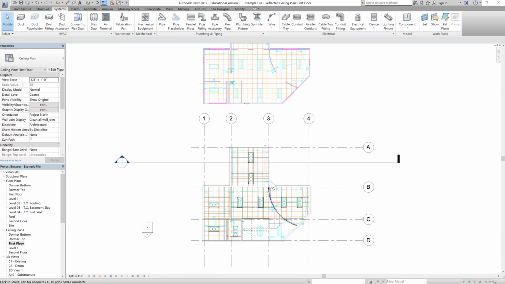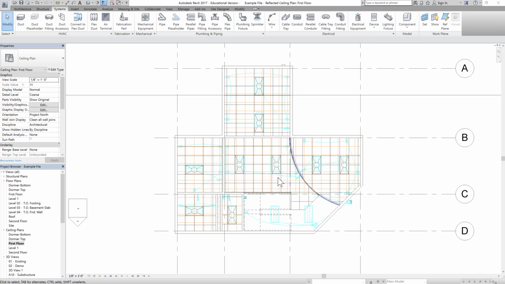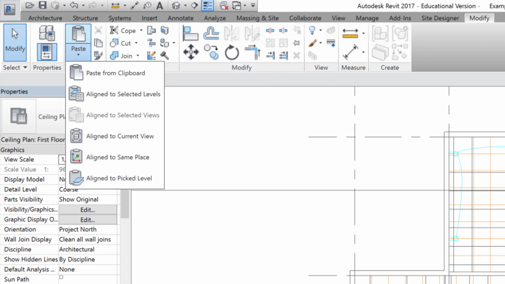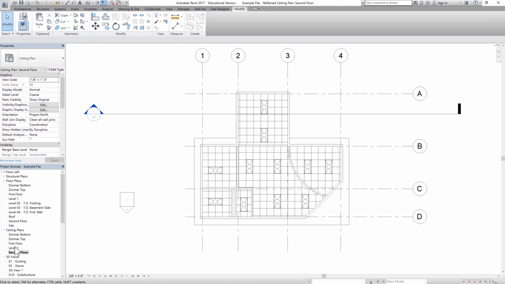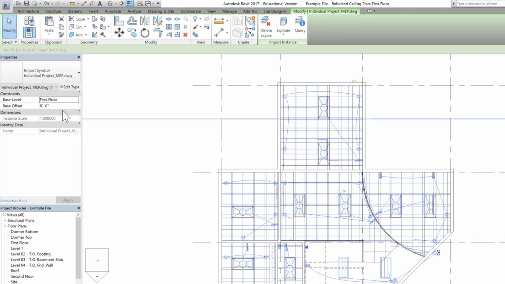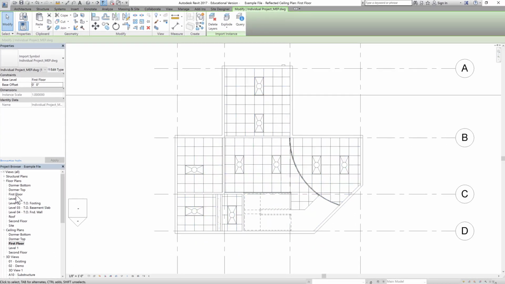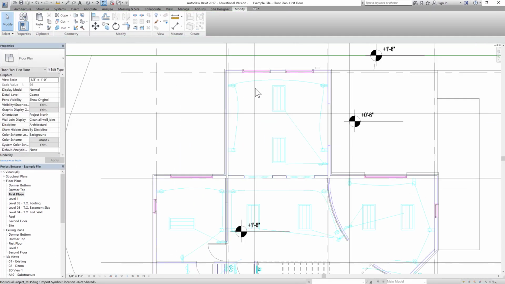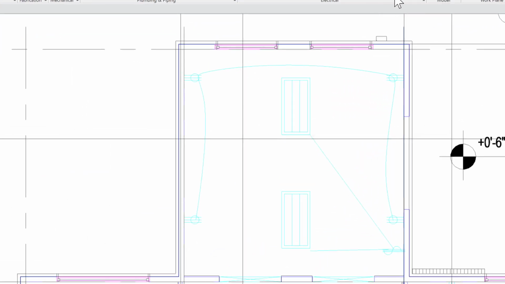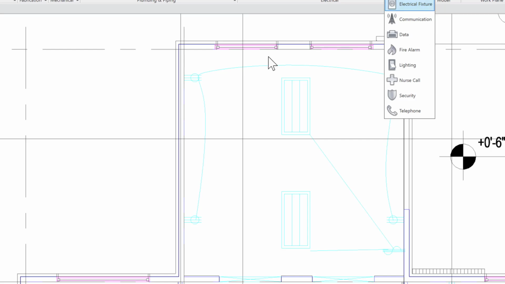To save you some time, what I did was I aligned all the lights that we inserted to the ceiling, and I also copied them using select all instances and copying them to the clipboard and pasting them aligned to selected levels. Now what we'll do is we'll go to first floor ceiling and click on the CAD file and we have to bring it back to the first floor, because now what we want to do is we want to insert these receptacles. Let's go back to system and let's go back to device, click on electrical fixture, load a family,